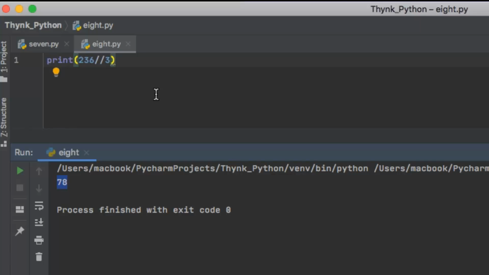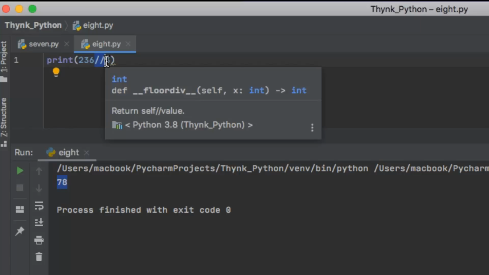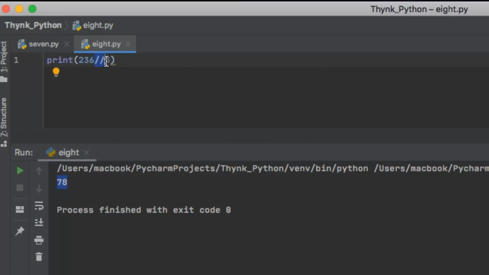Another operator which is associated with division is the modulus operator. As you have seen, when I use the forward slash, the result displayed at the output window is the quotient of the division.